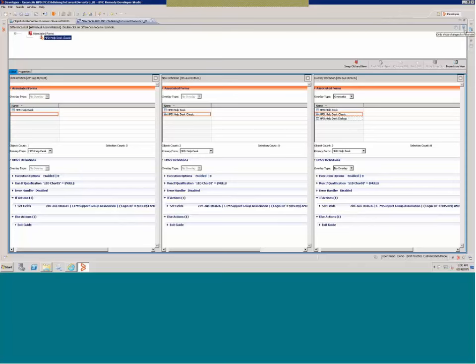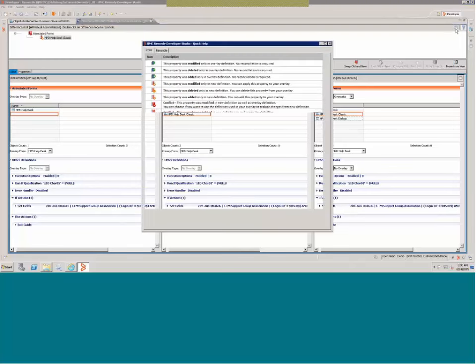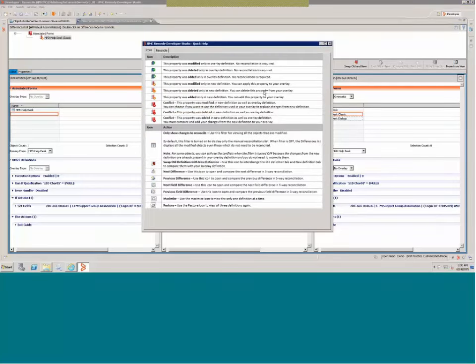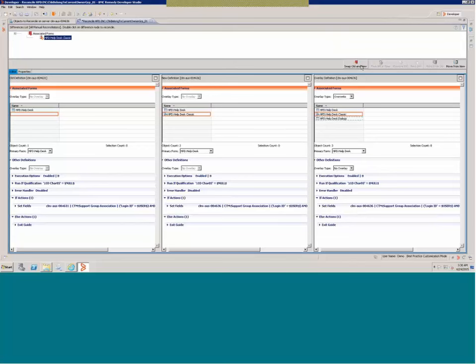You also see this help icon here, and it tells you what the different icons mean, and about the toolbar, or how you can use it to navigate and do the filtering. We have this button here, swap old and new, which just toggles the place of the old definition and new definition. As you see, the new definition has now moved here, and I can toggle it so that it becomes easier to compare when I have the old definition in the middle. So I can easily compare old definition and new definition, and old definition and overlay.